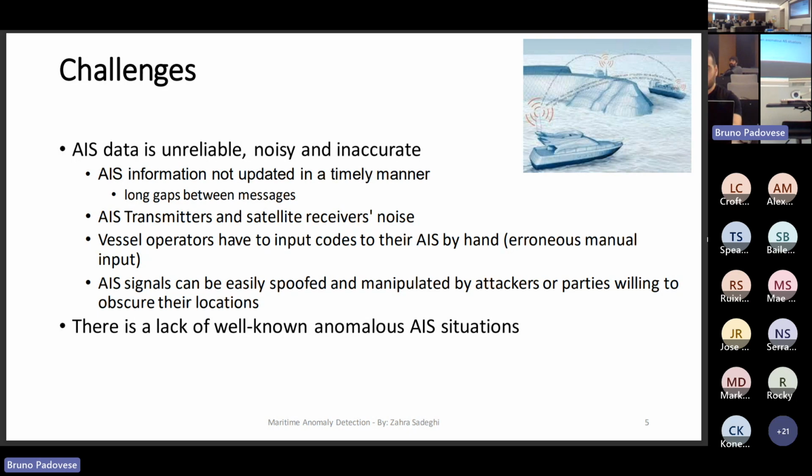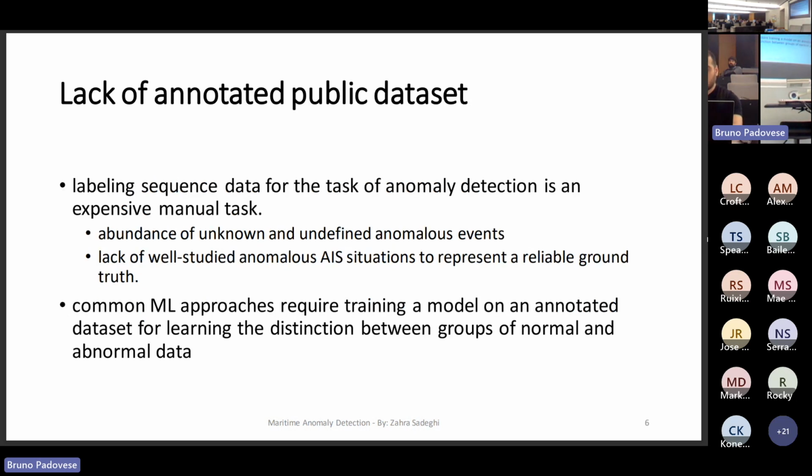The next problem is due to the fact that there is no well-known anomalous AIS dataset. So this is about a lack of annotated public datasets. And why don't we have a public dataset? This is because labeling sequences of data for the AIS dataset is a very time-consuming and expensive manual task. We can suppose that each of the trajectories can